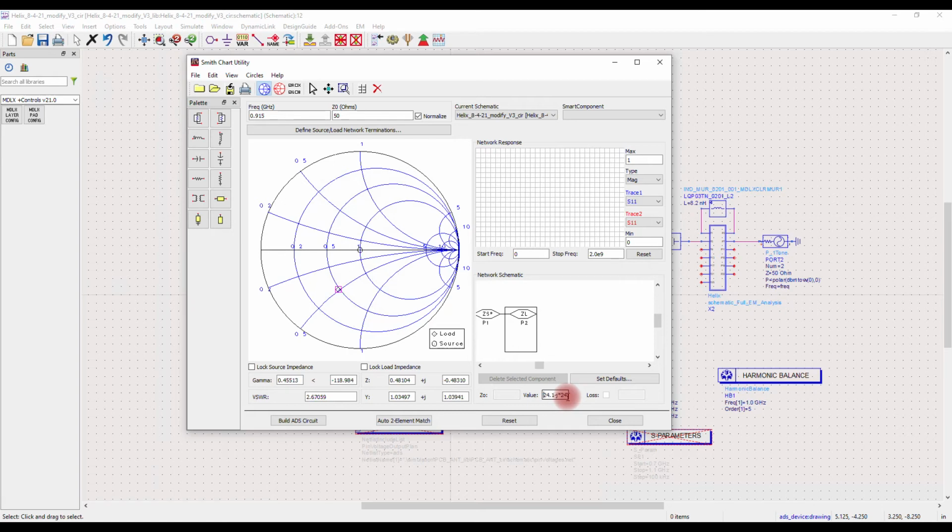The calculated Q circle is 30, so go to circles Q and key in the value. Now we can easily impedance match the helix input impedance to 50 ohm.